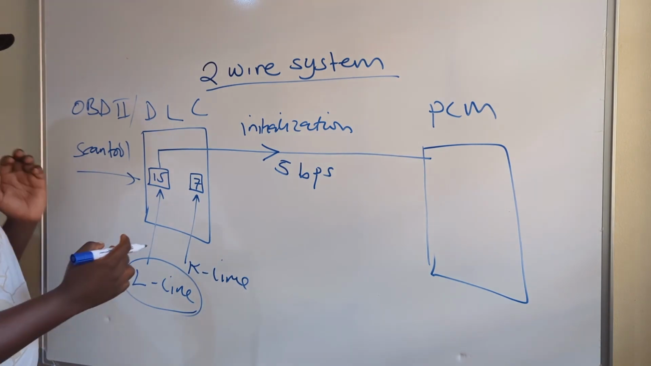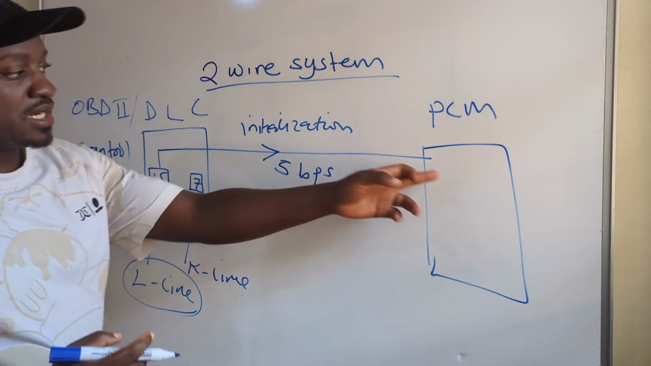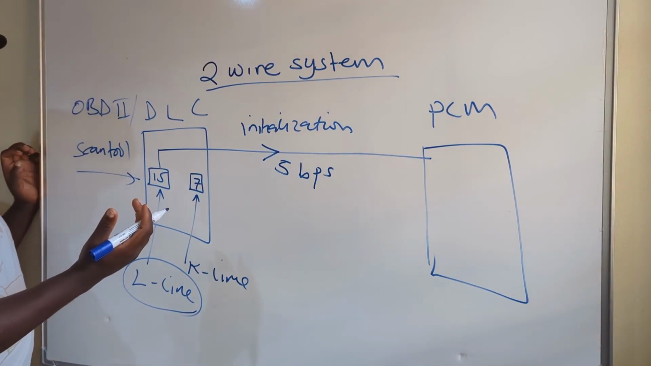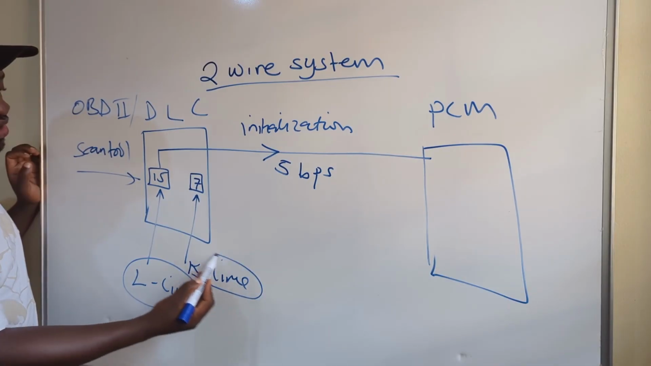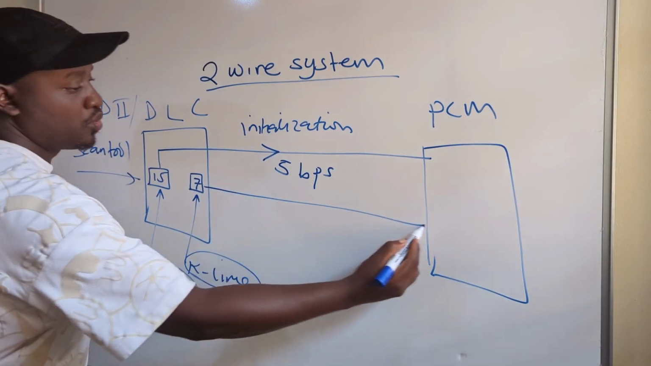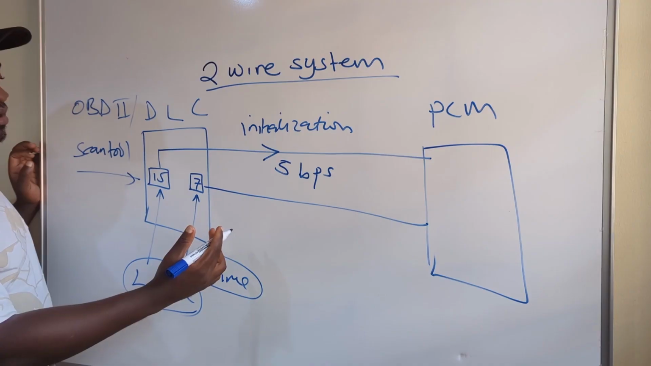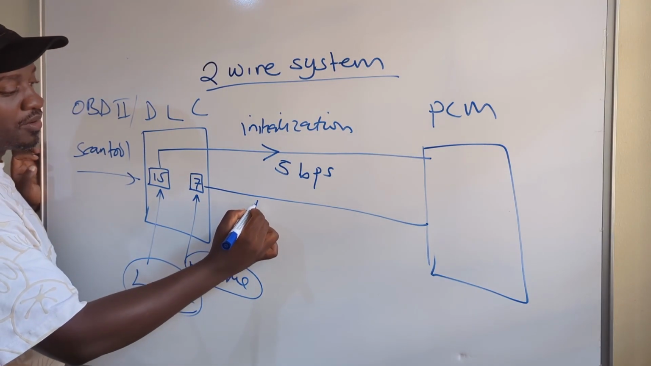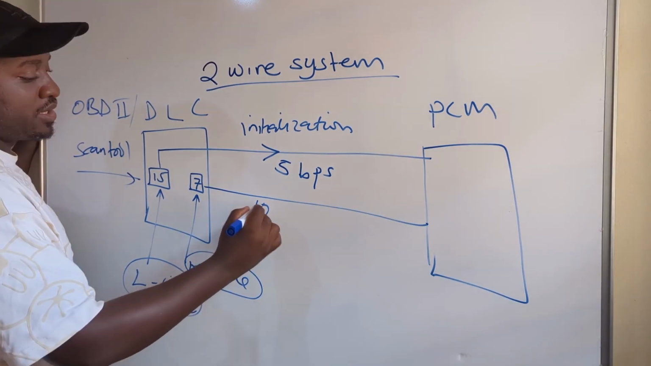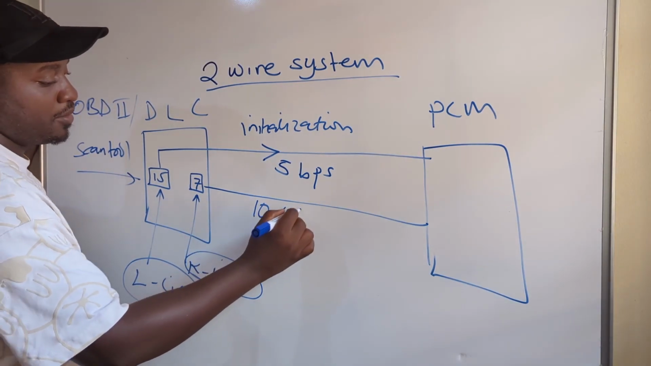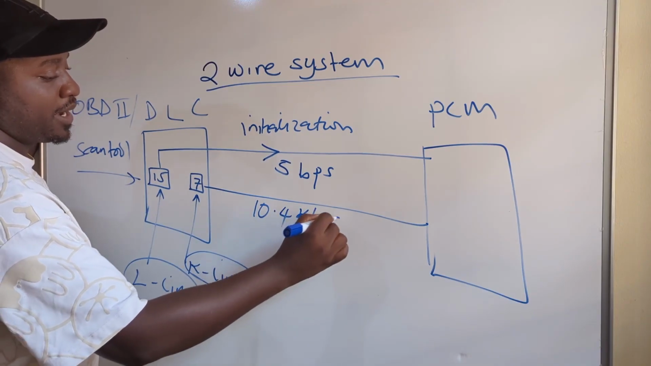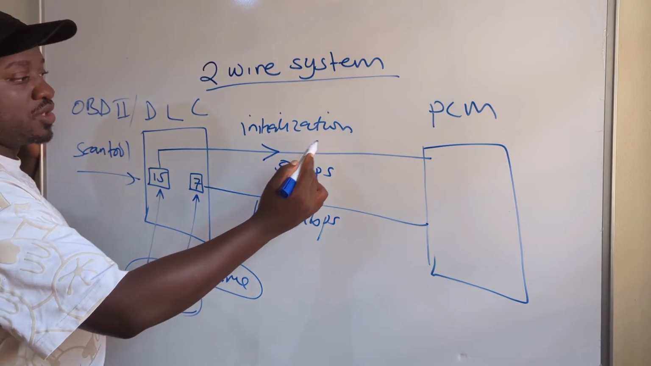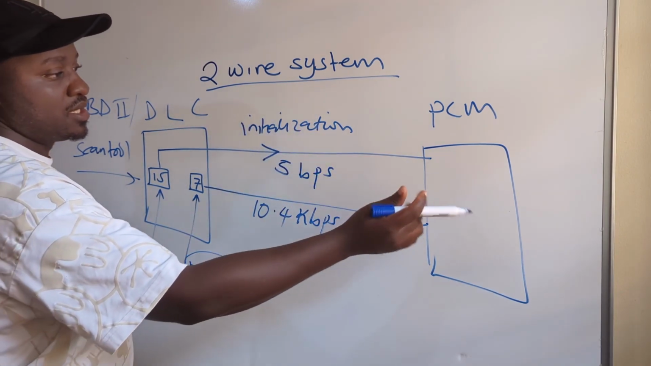And once this initialization has been sent, the K line will now switch to a higher speed, preparing for data transmission, which will be around 10.4 kilobits per second. So what happens is, whenever this initialization code has been sent, the PCM